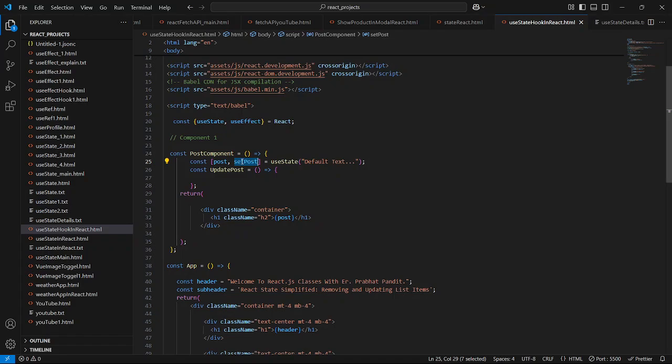Now just copy this set post state updater function and paste it here, and we will give parenthesis like this, close this, and whatever text we want to give here, it will be replaced with this text. So now the default value of this state variable post is default text, and now we are going to change it with some other text using this